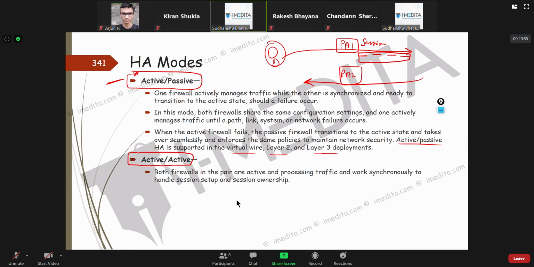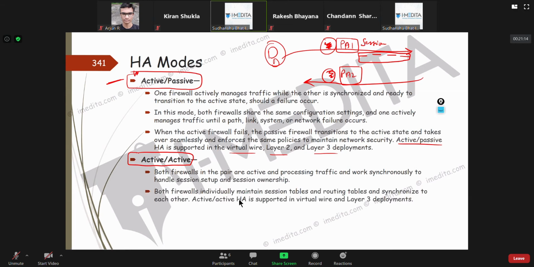At the same time, routing gets a little bit more complicated compared to active-passive, because in active-passive it's just one firewall managing everything until it goes down. If it is down, Palo Alto 2 takes over.